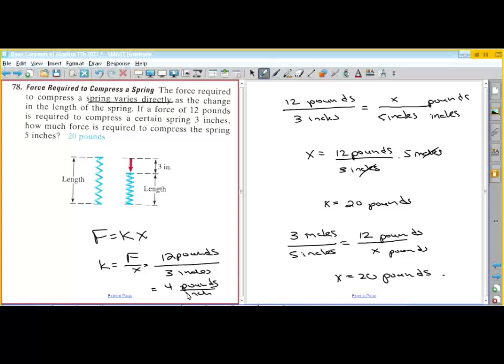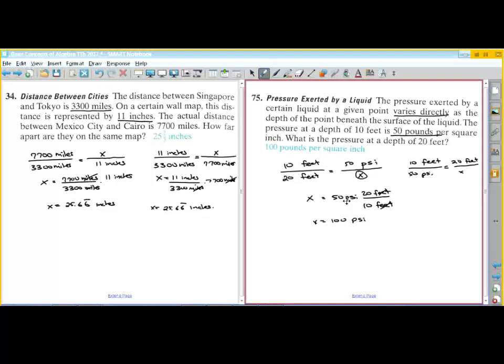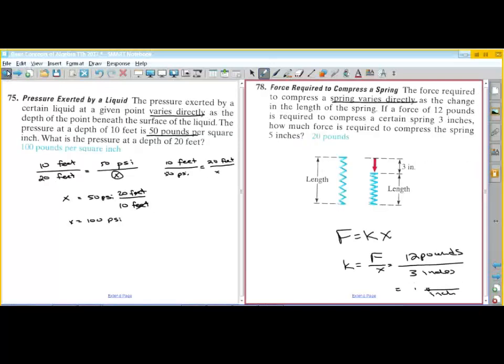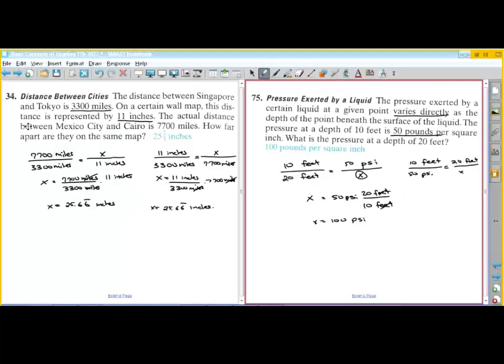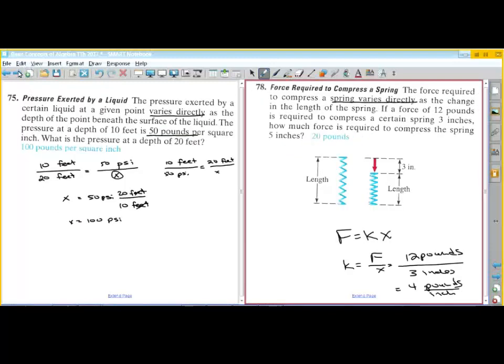Before, if we go back to the previous problem when we were talking about pressure, it's actually, where did I write that? I thought I wrote it down somewhere. I was talking about the density and the acceleration. I didn't write it on the board here. Anyway, I said the density times the acceleration due to gravity. That would be the proportionality constant. And in this case, the scale of the map would be the proportionality constant. But again, you don't need those in these problems because you can just treat it as a